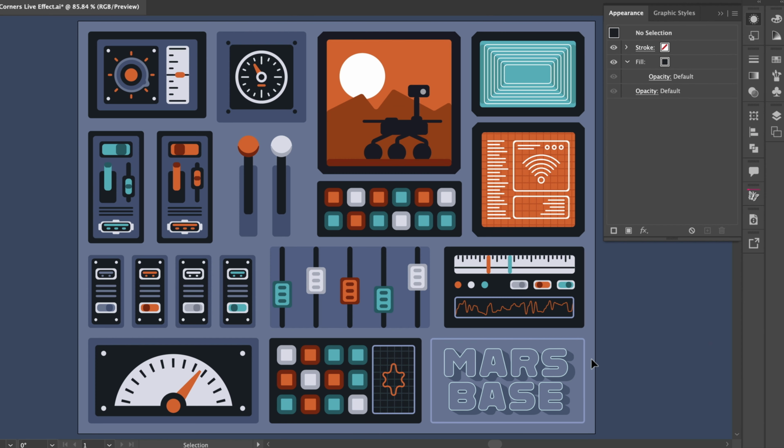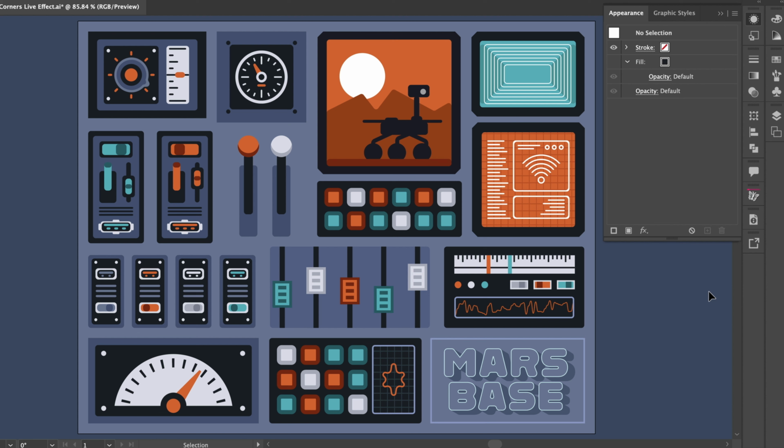And I like this variety, and I want to do just a little more customization. So I'm going to select some things that I want to remove the rounded corners from, selecting these knobs and this dial here, and a few other objects around the edges of the art. And then in the Appearance panel, I'll highlight the AG Corners effect, and I'll tap on the trash icon to remove it from these objects. So now there's a nice variety of rounded, chamfered, and regular corners in this illustration, and that took practically no